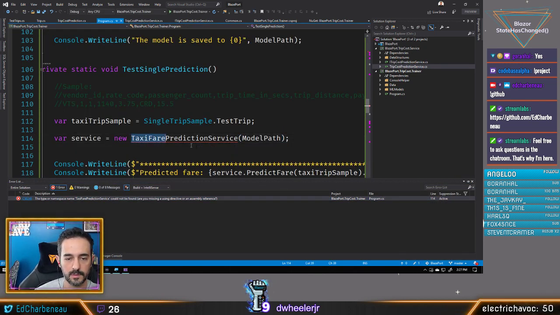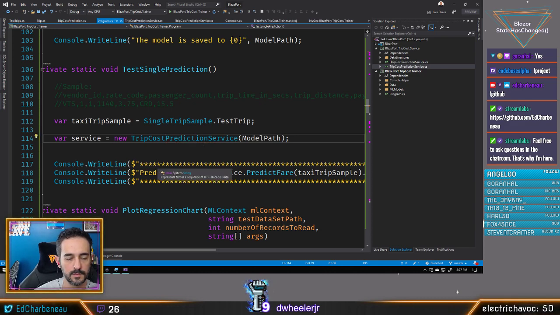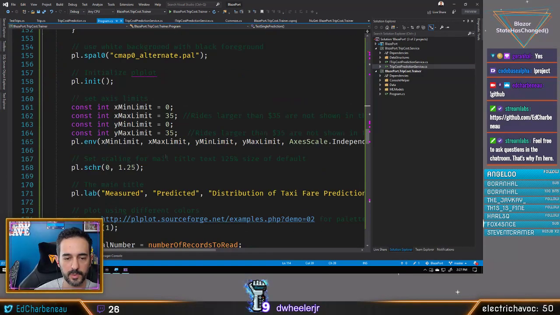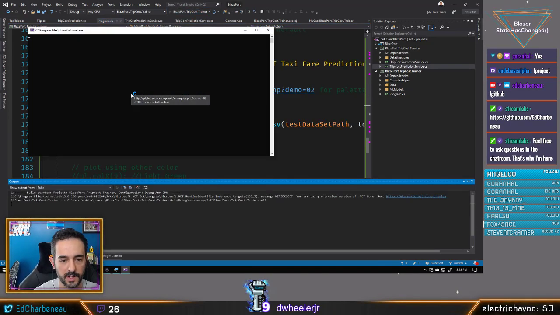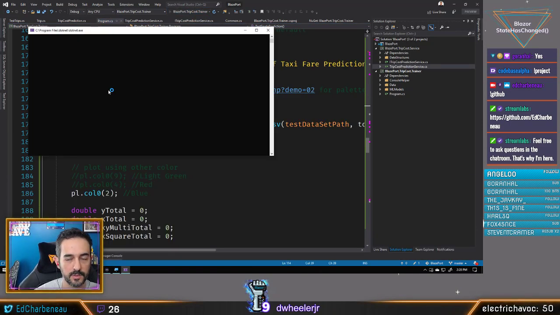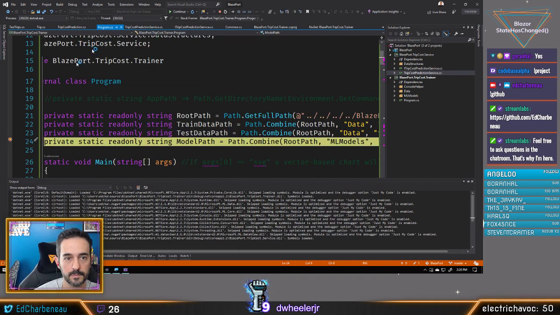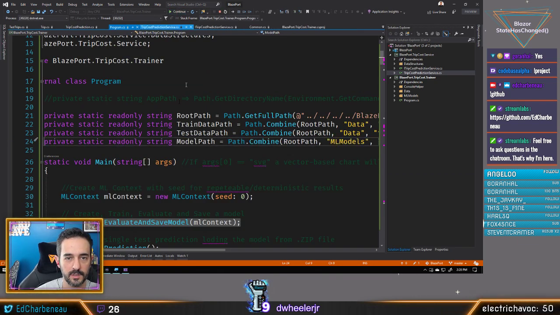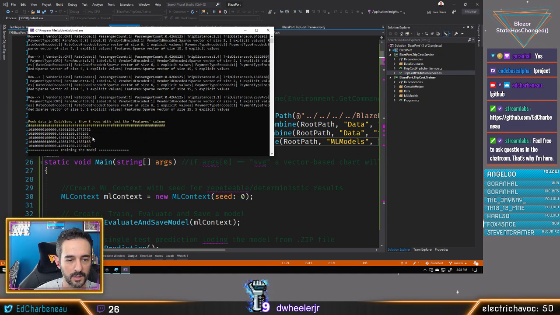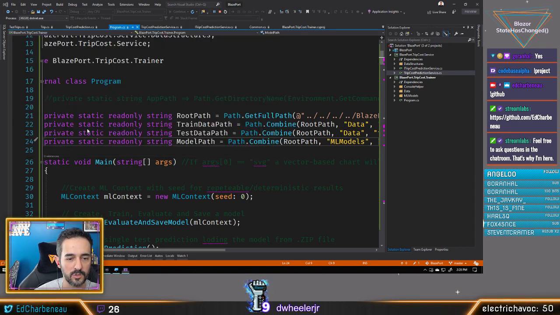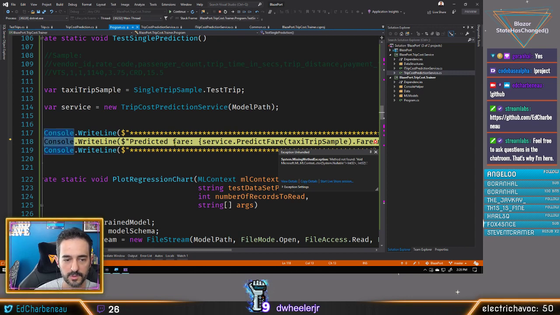So we newed it up. Let's try it one more time. We'll hit that error again because I don't know where it got lost. We got our path good. We should be able to run this prediction. It starts working. And I think it's just on the logger that throws it. The logger says that